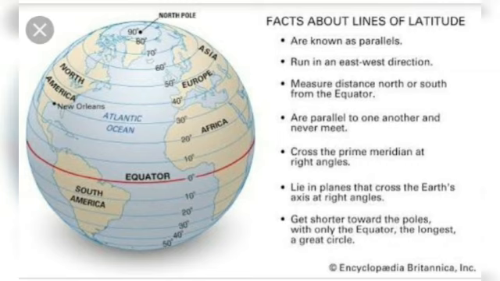The distance between each latitude is about 111 kilometers. Because the earth is a sphere, we take it to be 360 degrees, and the circumference of the earth is approximately 40,000 kilometers. So when we divide 40,000 by 360 degrees, we get the figure 111 kilometers, which is the distance between each degree of latitude.